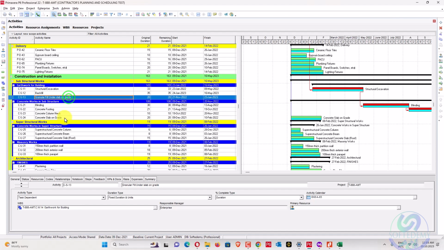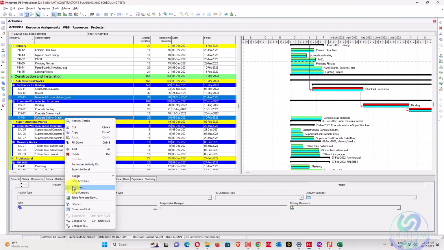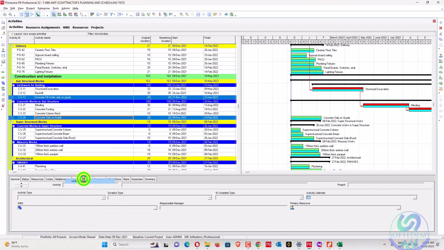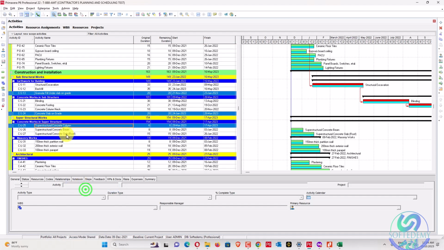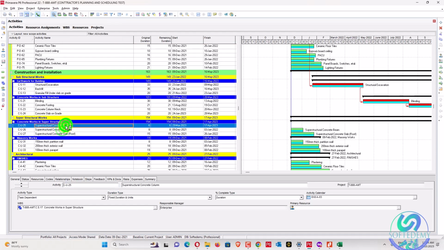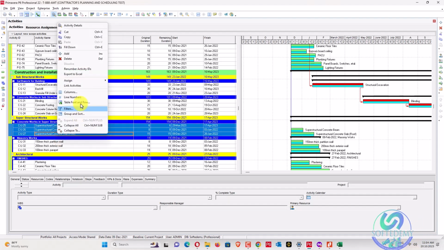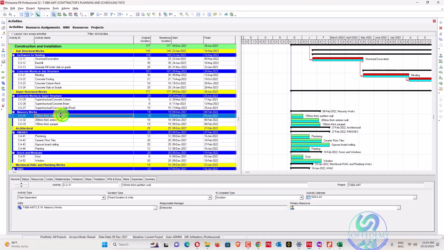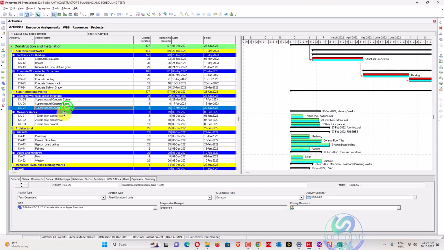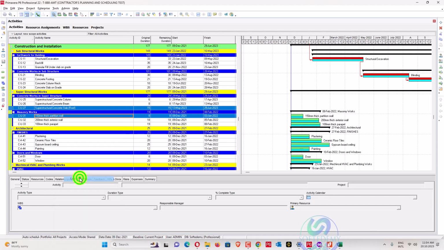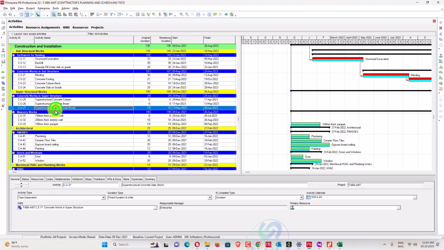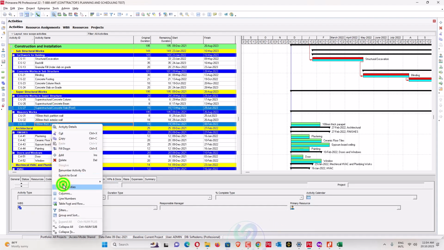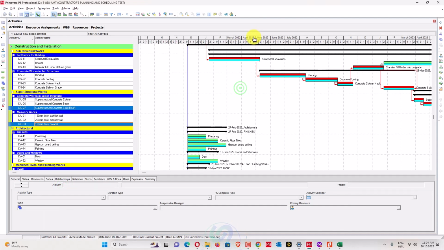Then you can do concrete slab on grade. Then we can do columns, link this one, column, beam and slab. These three will be linked combined. People just go for predecessors like that, I just go for the straightforward like this one. Partition wall can be done after the roof, and external wall can be done after the roof. Parapet wall can be done after the roof, but there is some condition after de-shuttering.